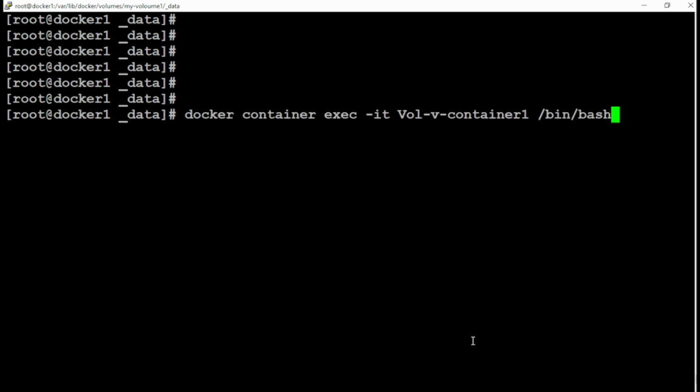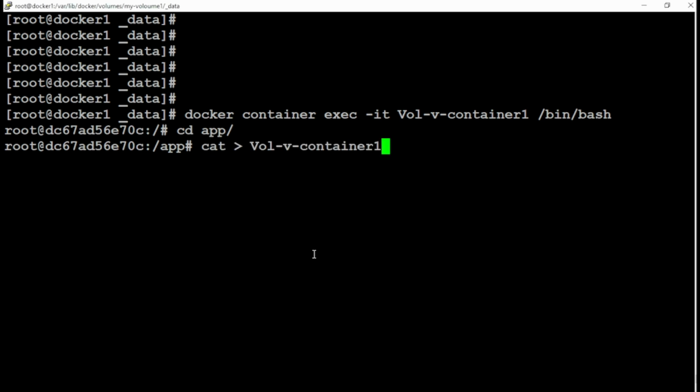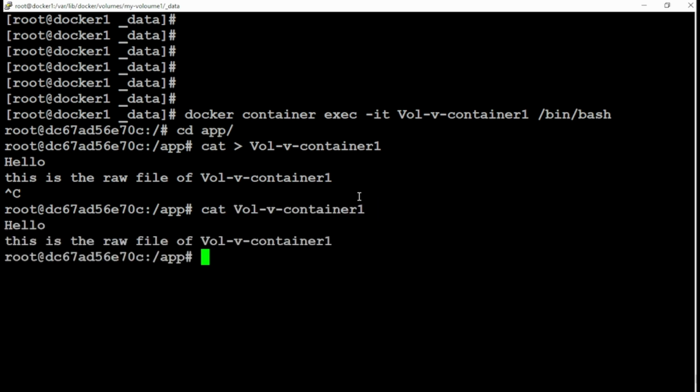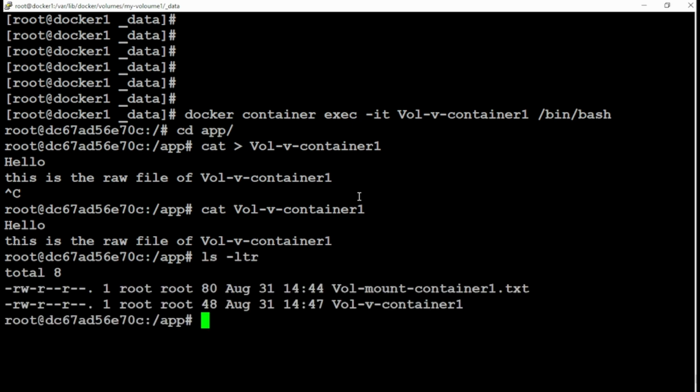Let me go inside this container and then again to /app. This time I'm going to create a new file, vol-v-container-1. This is a raw file for the volume, and Ctrl+C, and I can check here. Perfectly fine. If I do ls -ltr, I will see one new file that is volume mount container